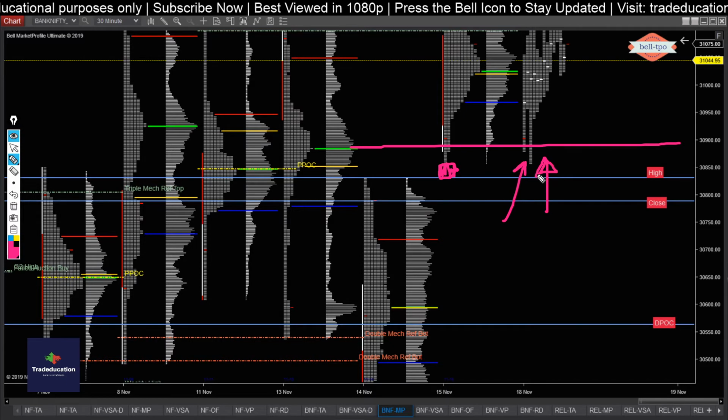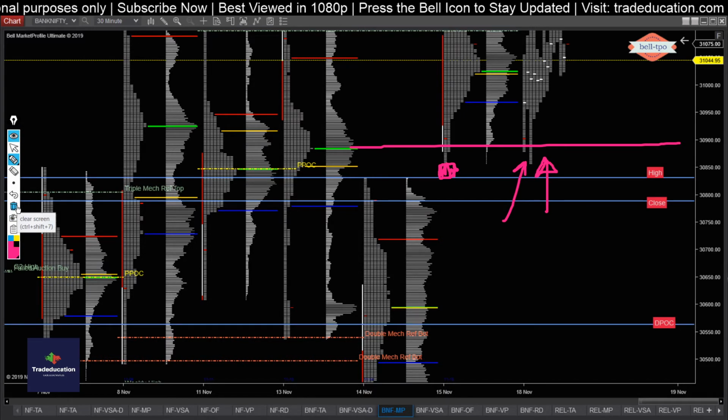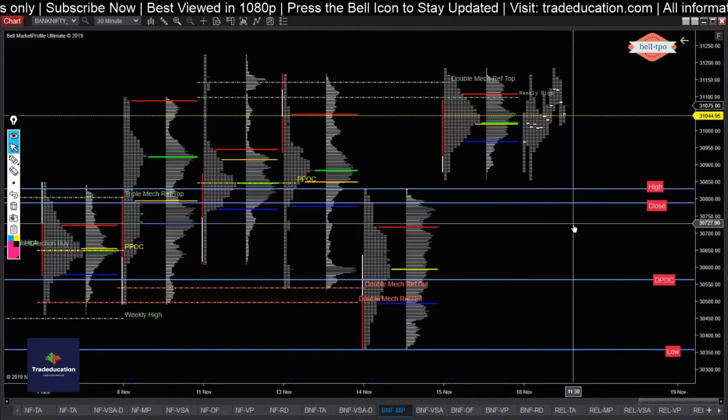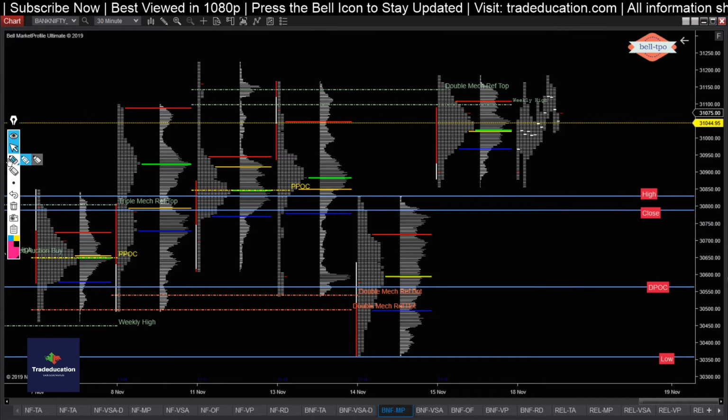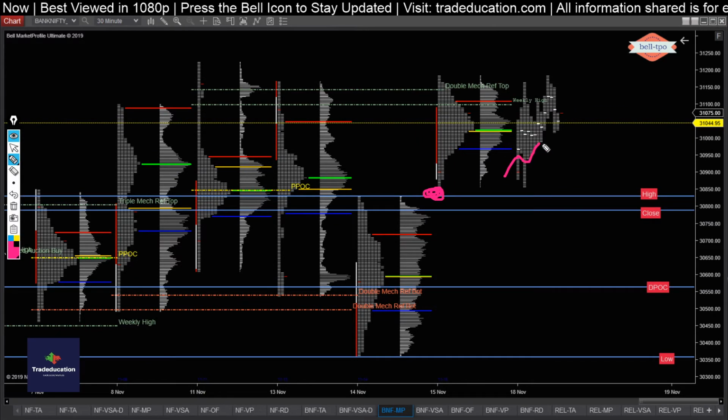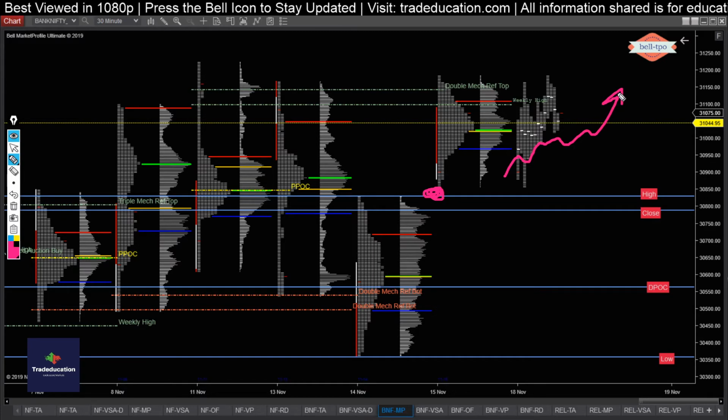So this is a good indication that the overall auction is with buyers. So avoid shorting the market. And as Jim Dalton always says, if the gap is not getting filled, then just go with the flow, just go where the auction is developing. So that is what Jim Dalton always says.